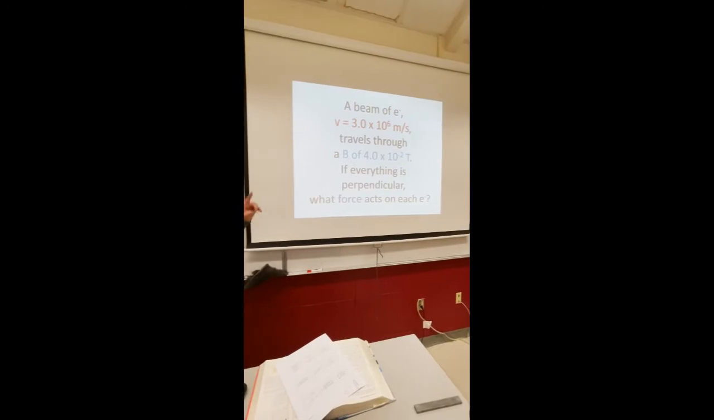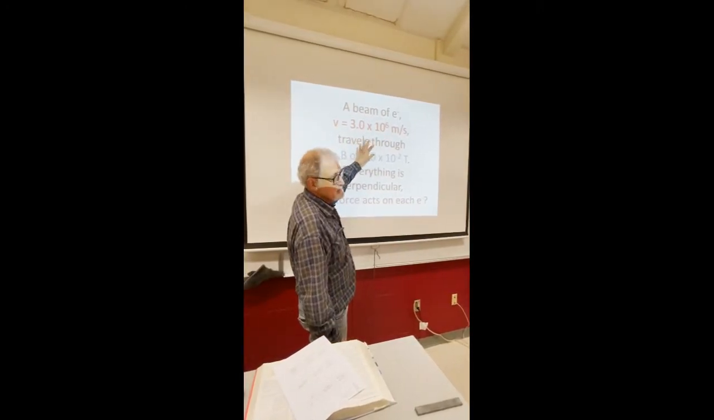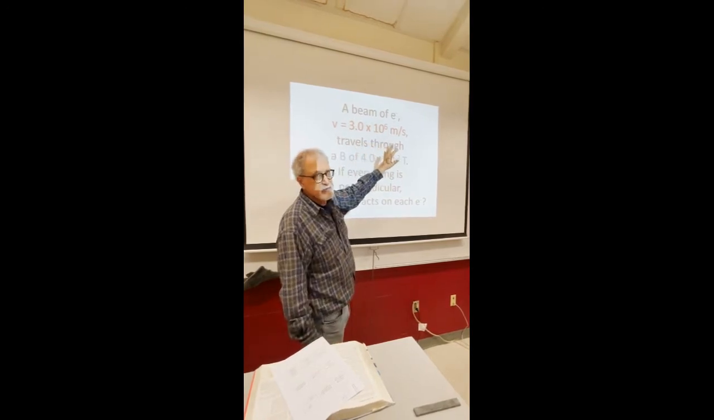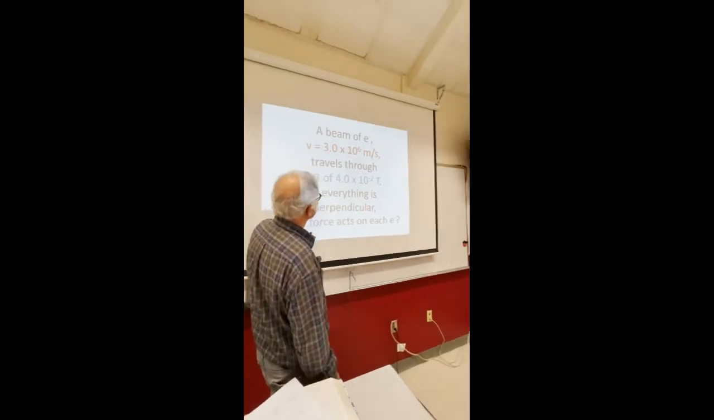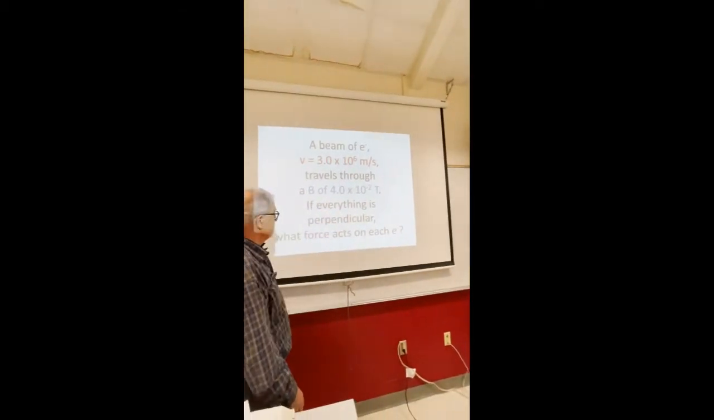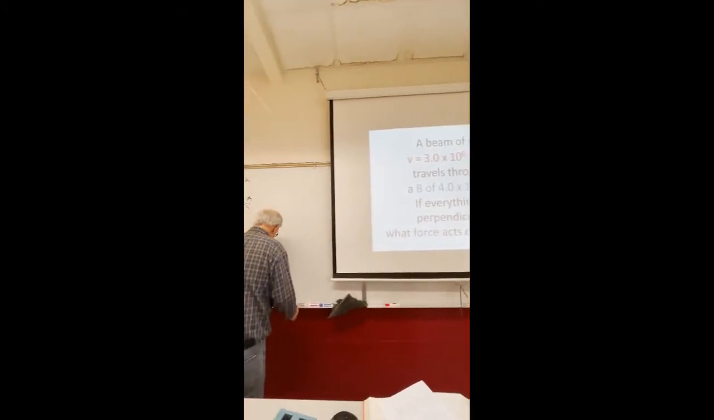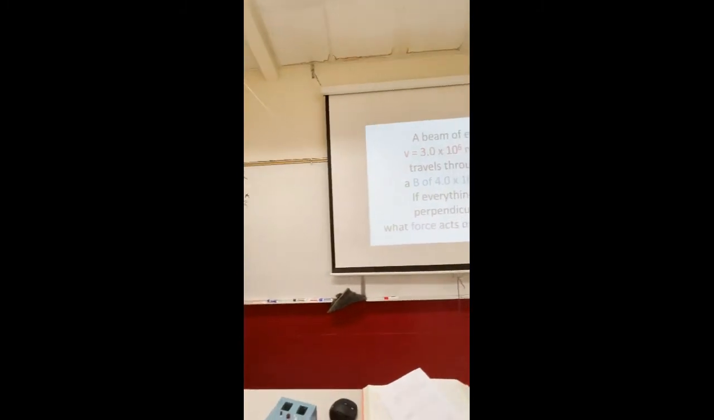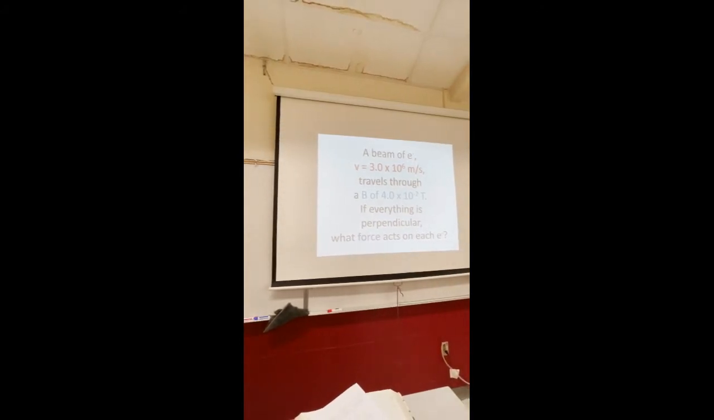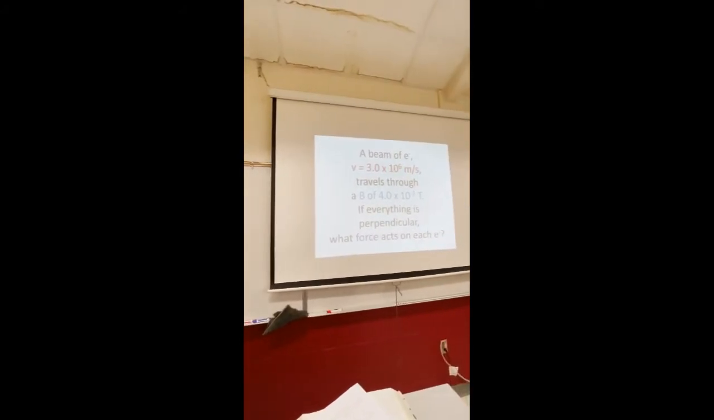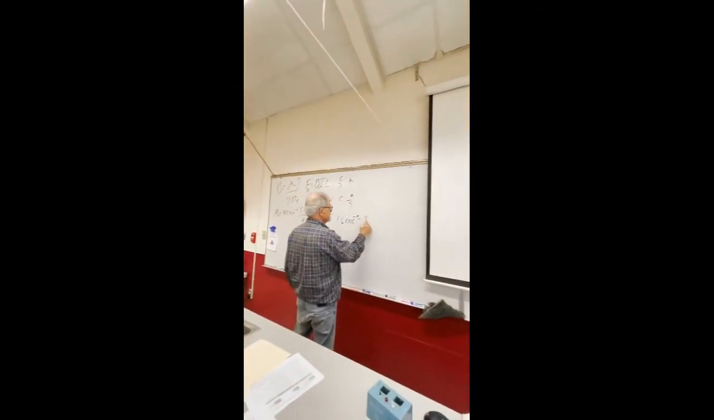All right. So a beam of electrons, at not quite relativistic speed here, and we will get to modern physics, travels through a magnetic field of this. If everything is perpendicular, what force acts on the electron? Well, force equals qvB. It's 4 times 10 to the negative 2 teslas times 1.60 times 10 to the negative 19 coulombs, negative, times 3.0